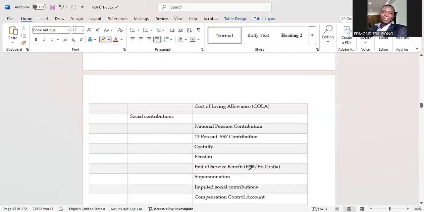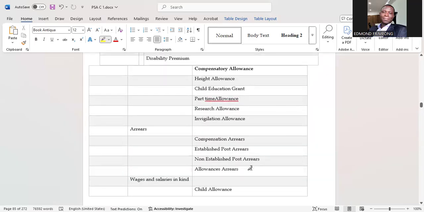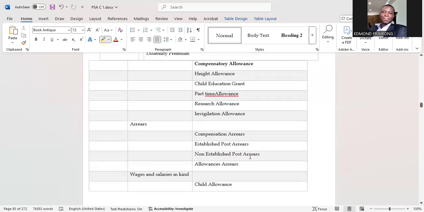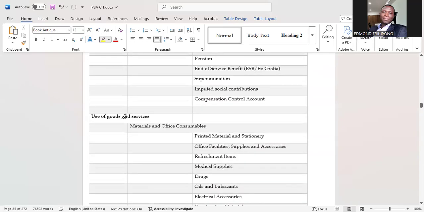Yes. So all the things you see here are worth noting, because the examiner will test you on that in the exams. Then use of goods and services. These are all other things that a public sector entity buys. For example, buying laptops, buying stationery, paying for